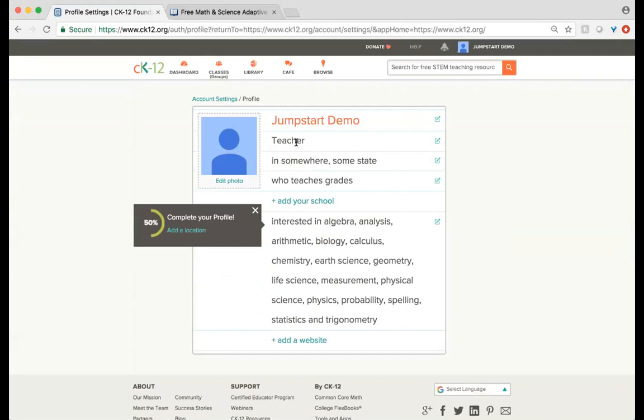If you're not seeing the option to create a class, it's probably because you accidentally set up your account as a student account, or you made a separate account as a student account and you're trying to use that to create these resources. So just make sure that your account is set up as a teacher in order to be able to see the options for teachers, such as customization and assignments, and in this case, creating classes from there. So hopefully that answered that piece.